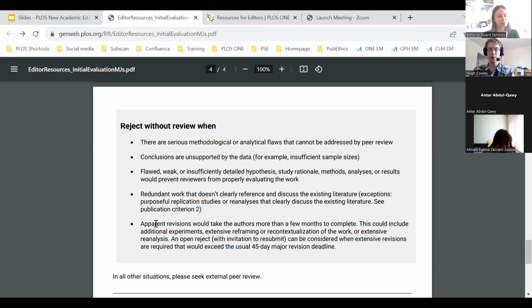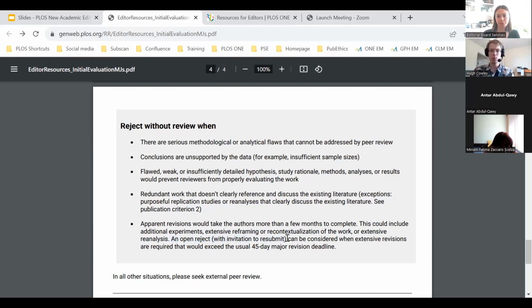Also, if you think there might be addressable issues with revisions, but it would take significant time and effort, to the point where it would fundamentally be a new submission when fixed, that is also a reason to reject without peer review. You might want to issue in that instance what we call an open rejection.